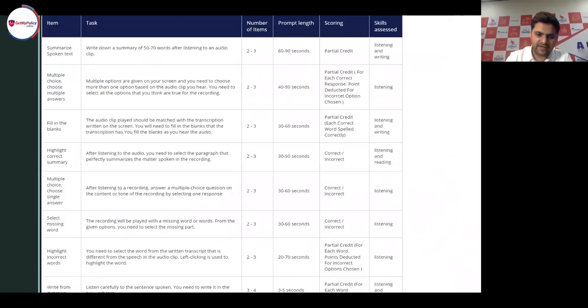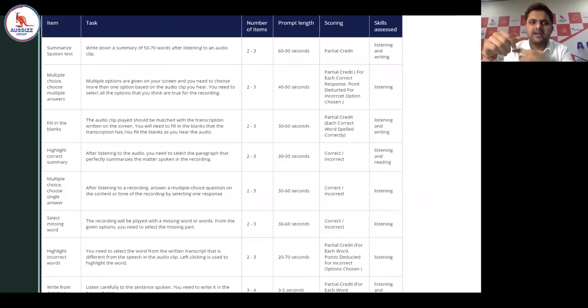Then again, in write from dictation, you could have around 30 words if you get 3 write from dictation. So it's almost like 40 to 55 words just depend on your spelling. Now, in summarize spoken text, you would be writing, say, 60 words on average. So that would be 120 words, and then 10 words for fill in the blanks, which would be 130 words, then 30 words for write from dictation, which would be 160 words. Now, in those 160 words, if you make a single spelling error, it could damage your score. Even if you make, say, 10 spelling errors, not more, those 10 spelling mistakes would cost you more